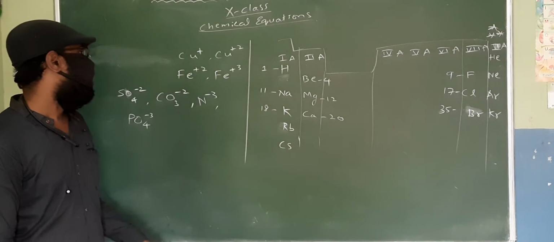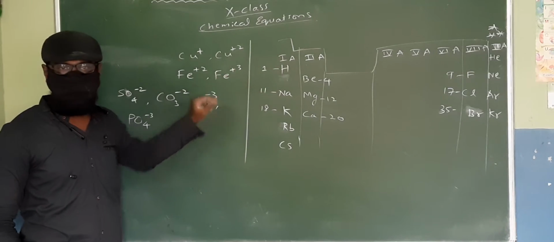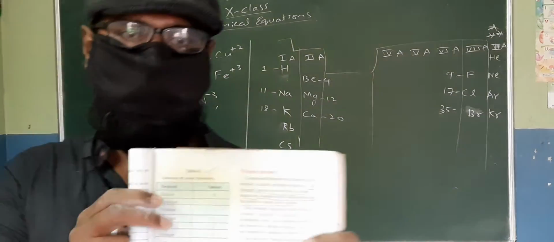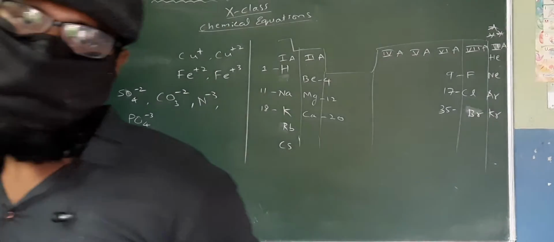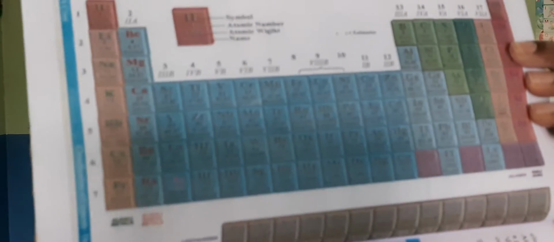So before that, we'll get ourselves familiar with all the available cations and anions, and most of them are clearly written in the table in your 9th class textbook. Please, all of you should try to have a look at this. And while we are going through any lesson of the 10th class chemistry, you must keep this page open. It is needed at all times.